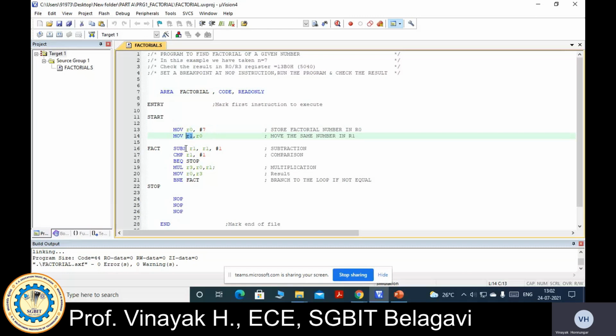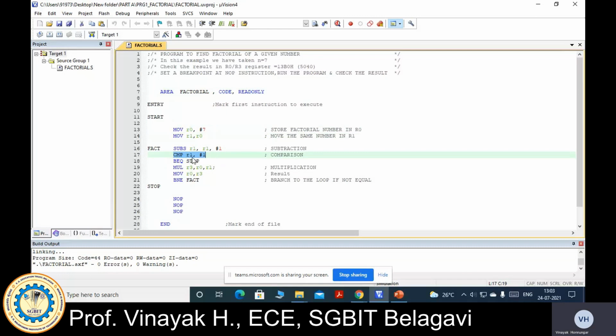If the value is equal to 1, that means you have actually multiplied. So compare instruction: R1 compare with 1. Now here we need to decide. If the number is not equal to 1, then we go to the multiplication operation. So here the comparison is going to take place.